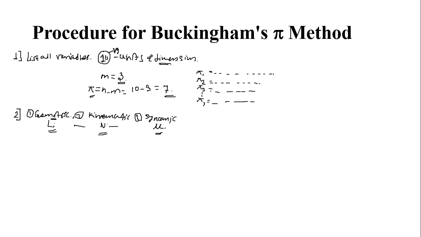repeating variables. Means we have the three repeating variables, that is L, N and mu. हे आता प्रत्येक ह्याच्यामध्ये येणार, प्रत्येक पाय टर्म मध्ये ते अपीयर होतात. सो L, N and mu I have written over here. And along with those three repeating variables, we used to have one non-repeating variable.